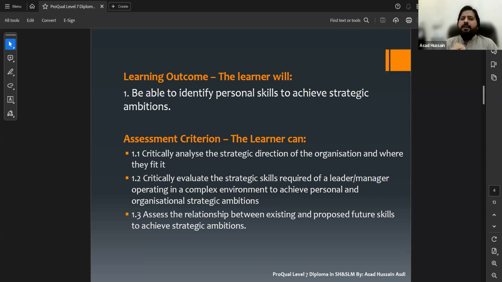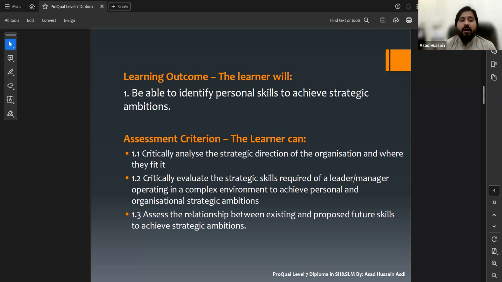So in this assessment criteria, a candidate should assess the relationship between the skills he is having, and the proposed future skills. So he has to check the relationship between them.